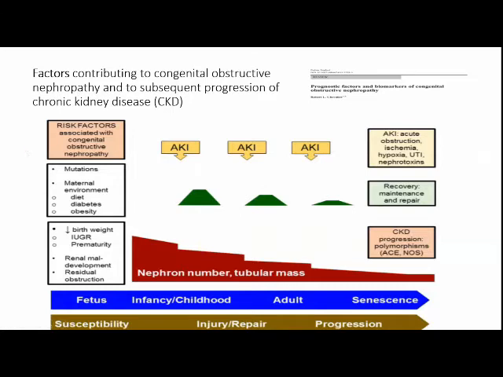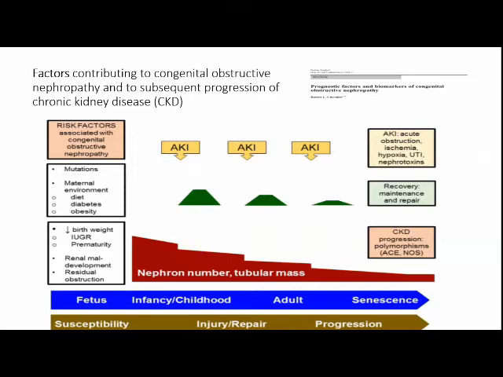acute kidney injury, decreased birth weight, intrauterine growth retardation, and prematurity. All these factors lead to congenital obstructive uropathy. With this, there will be renal maldevelopment and residual obstruction. So after delivery, there will be recurrent acute kidney injury, where acute obstruction occurs, leading to ischemia, hypoxia, and urinary tract infections, and nephrotoxins are released, causing renal failure.